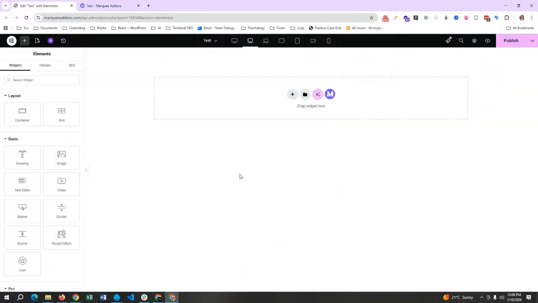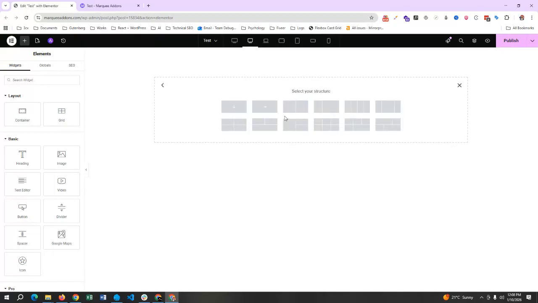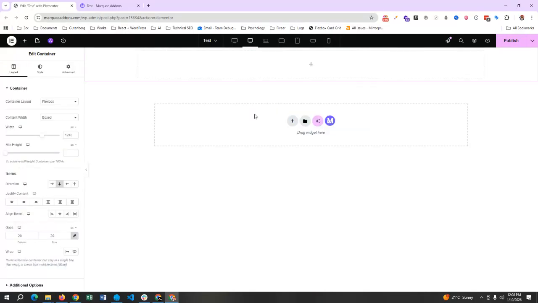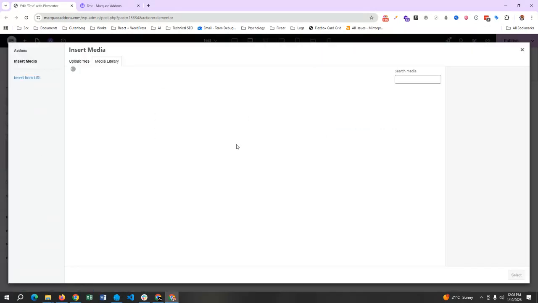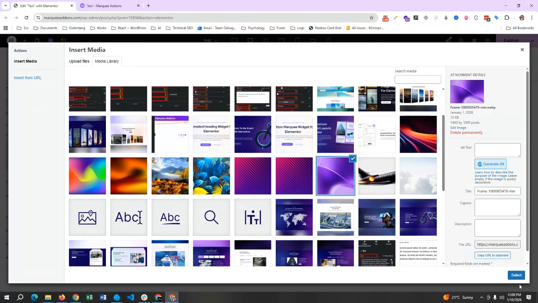So I have opened a page with the Elementor page builder. To add this feature we need a container. So let's create a container. So we have created a container. So add a background image to it. So select a background image. Let's select this one